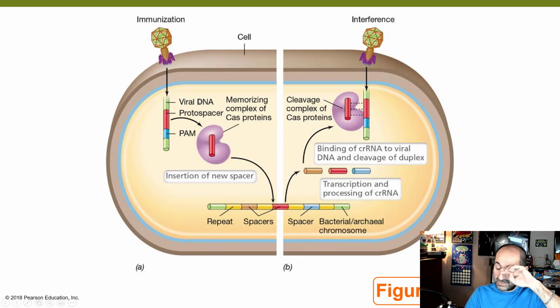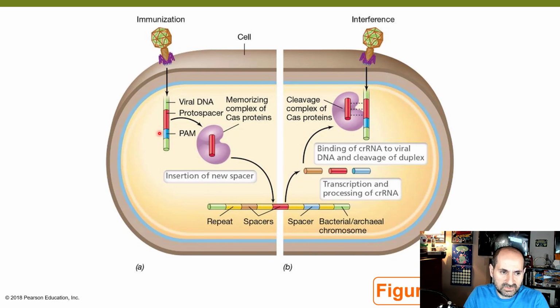So here's kind of how it works, and this is a basic rundown. So this is a bacterial cell, right? Here's your phage, a bacteriophage. And what does a bacteriophage do? It injects its genomic material. Now, if the genomic material has a specific sequence on it called the PAM sequence, which is pretty common on the genomes of viruses,